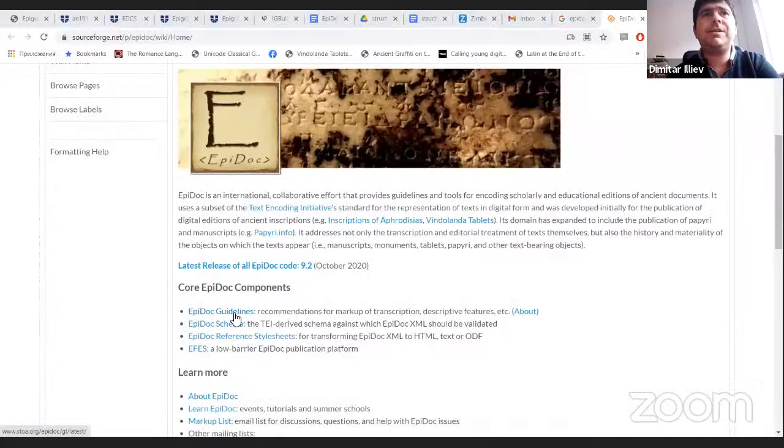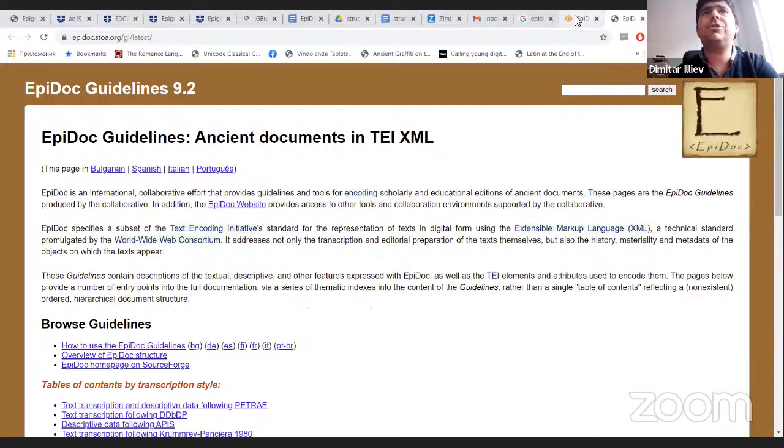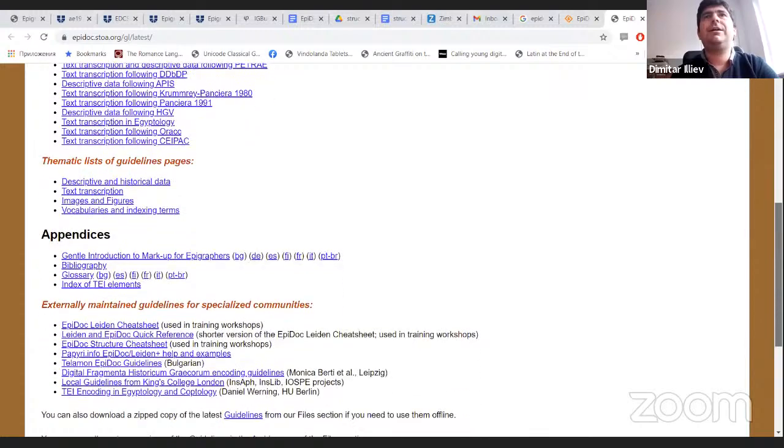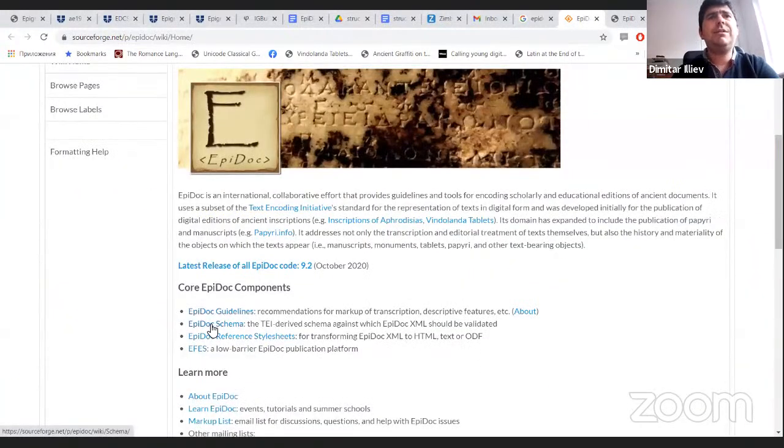There are the guidelines, in addition to the slides which the Epidoc community has prepared for you. There are also the Epidoc guidelines, and there is also the Epidoc schema,